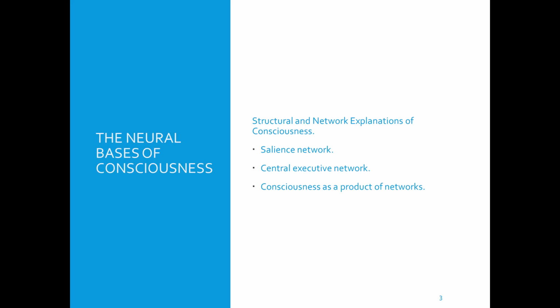Consciousness does not reside in these structures. They do exert their influence in cooperation with the rest of the brain. So most researchers actually will focus on these networks. And for some researchers, consciousness occurs when the activity of multiple widespread networks becomes synchronized, which enables them to share and integrate information. For example, when stimuli reach awareness, they produce widespread activity in the prefrontal and the parietal cortex.